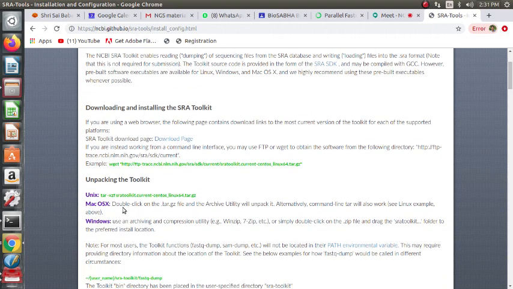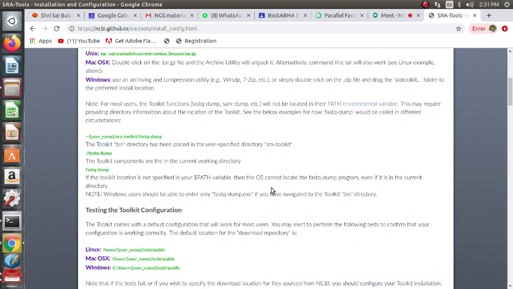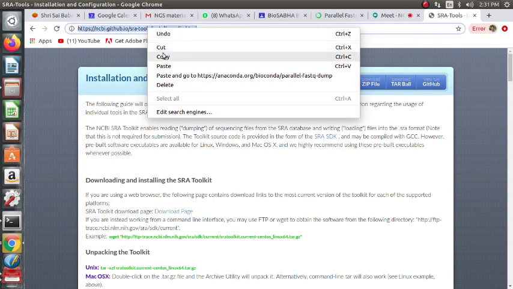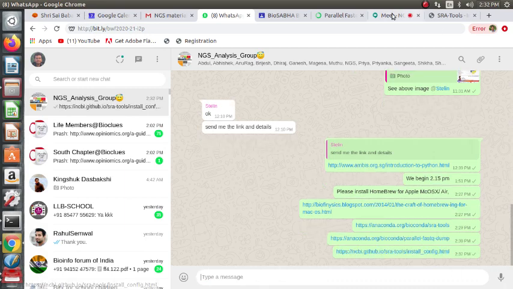If you carefully see this, double click on the tar.gz file and then Archive Utility will unpack. Alternatively, the command line tar will also work. So fundamentally the installation is the same for Mac OS X or this one. So you can follow this easily for the SRA toolkit for both Linux and Apple Mac. Please follow these links to install.